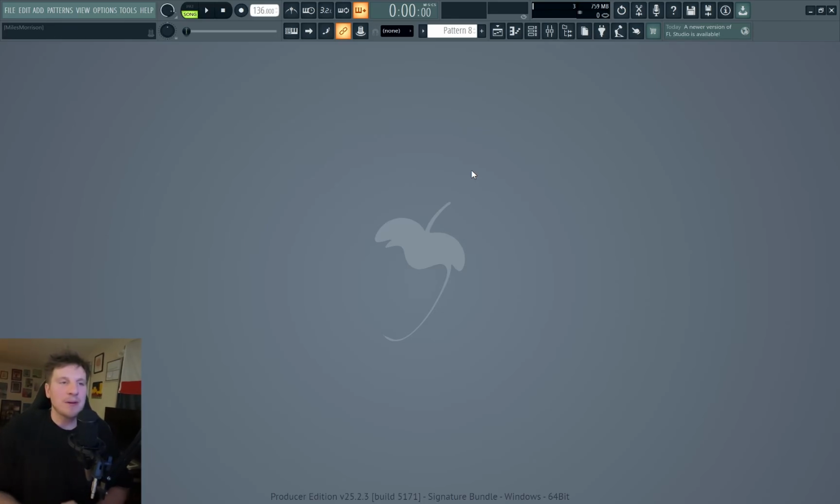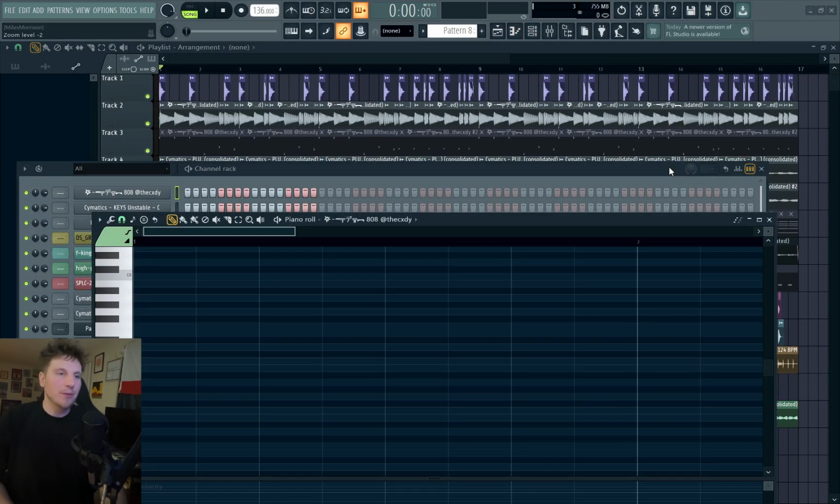Learning FL Studio can be confusing, so first I'm going to explain how it works, and then I'm going to show you how to be efficient when using FL Studio. There are 5 main windows in FL Studio: the playlist, the channel rack, the piano roll, the browser, and the